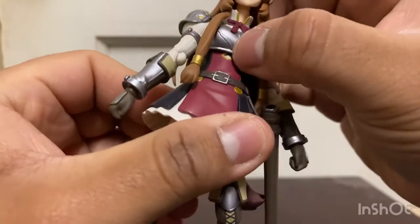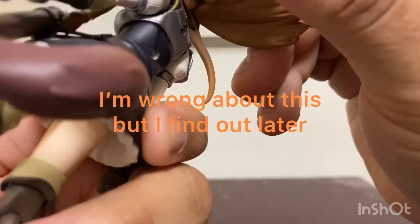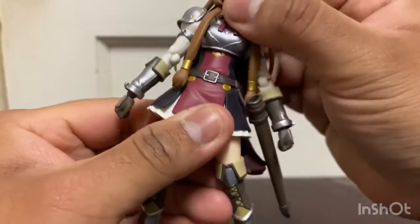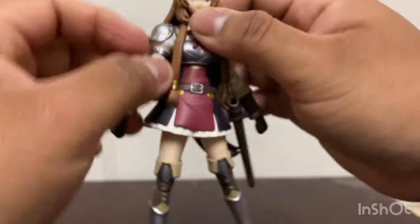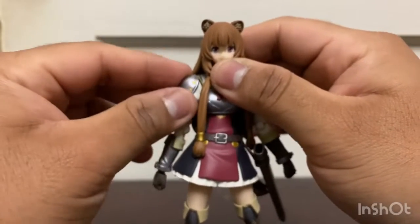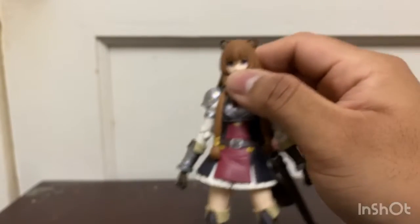I think, if I'm not mistaken, the chest actually doesn't have a ball joint. It's actually the waist down here by the belt that has the ball joint. And I guess for the shoulders, you can go up that far. Actually, a cool little thing, which is pointed out in the instructions,